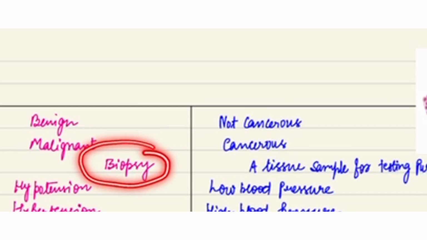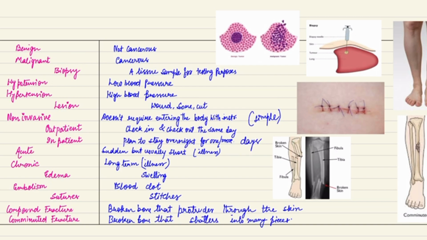Then we have biopsy. Biopsy is a very common term you must have heard in hospitals whenever a surgical incision or excision is done and we have an abnormal mass inside our body. The mass is then sent for a biopsy test. It is basically a tissue sample used for testing purposes. We get that tissue from the suspected site, and generally we do a biopsy for malignancy detection, to find out whether it is malignant or not. This is the most common use.